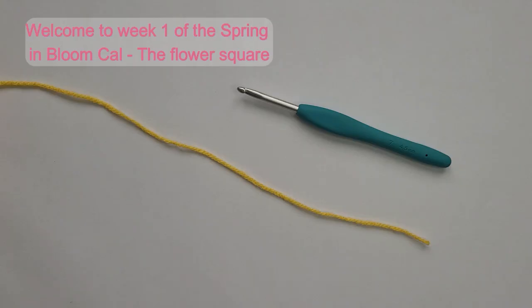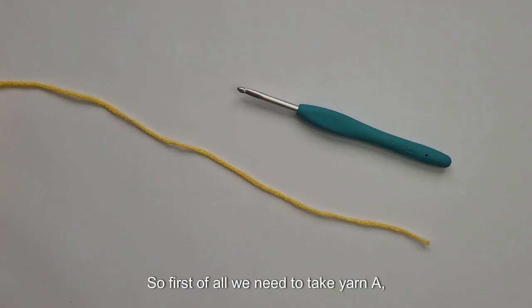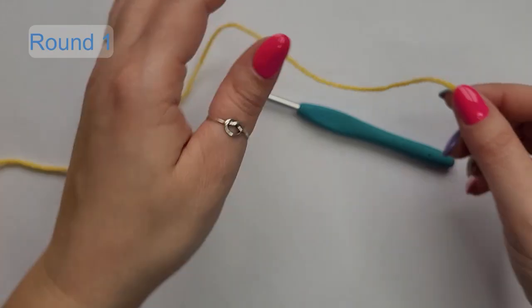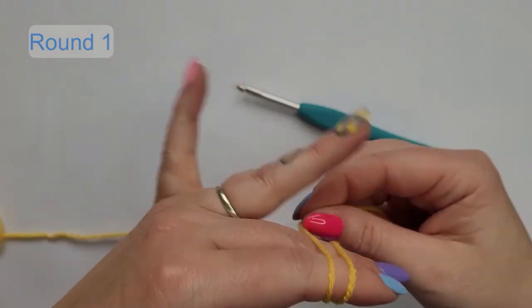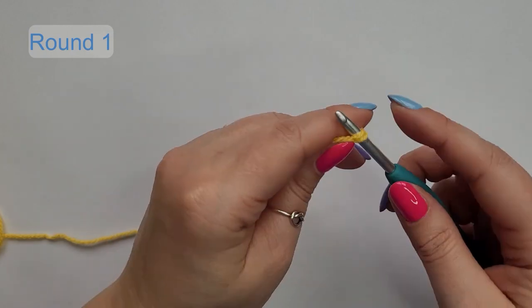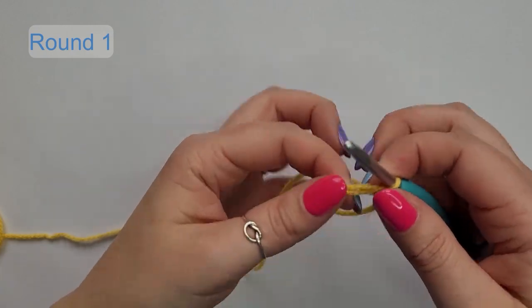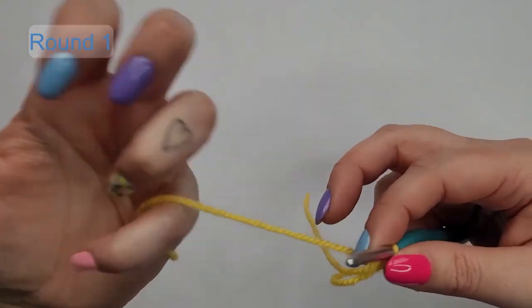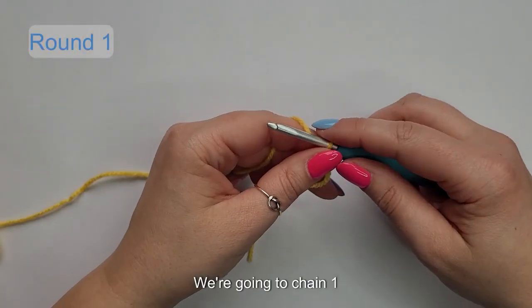We're going to be making the flower square this week and I'm going to show you how to make the flower square. So first of all we need to take yarn A, which I'm using the Create DK in Primrose Yellow. So you need to take your yarn and we're going to do a magic ring. And then into the centre of your ring we're going to chain 1